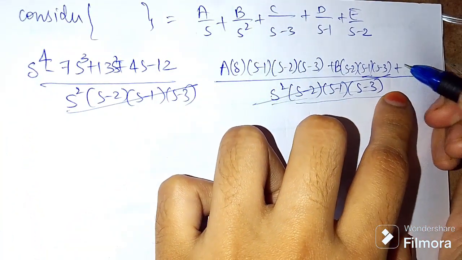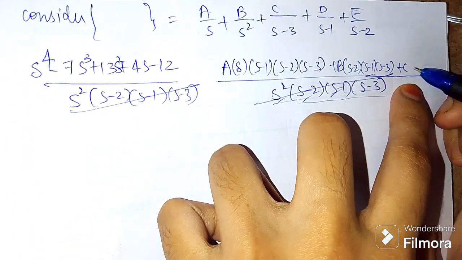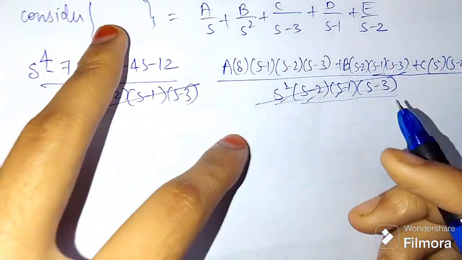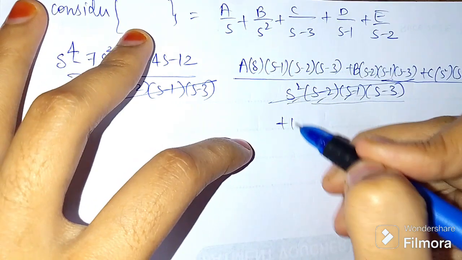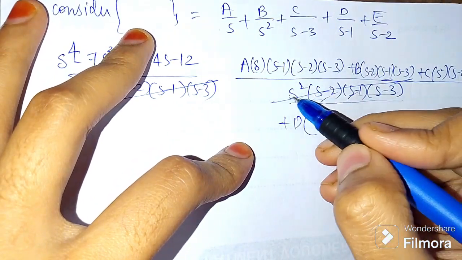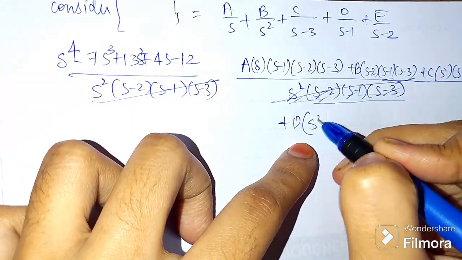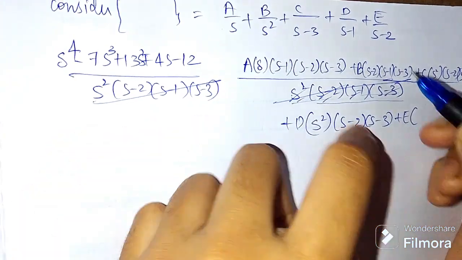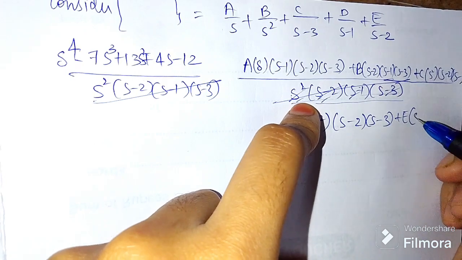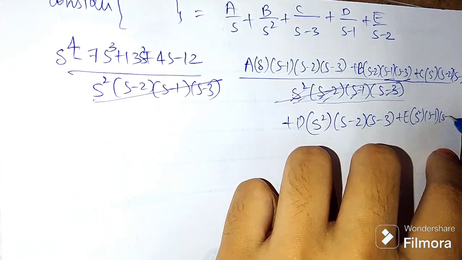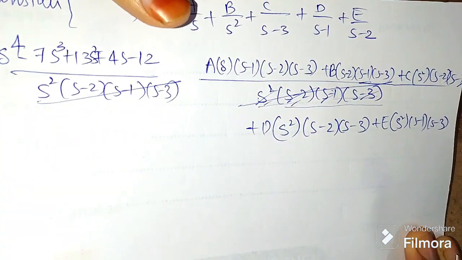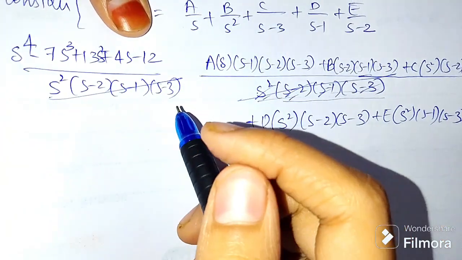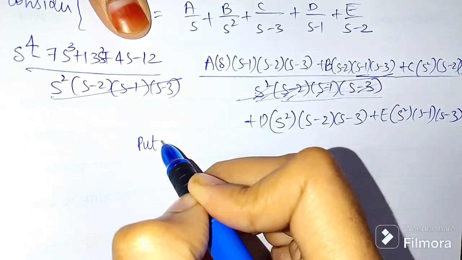C, this, s square into s minus 2 into s minus 1. I'm writing here D, this, s square into s minus 2 into s minus 3. E, this, s square into s minus 1 into. So finally we wrote. Now, for easy calculations, we will put s is equal to